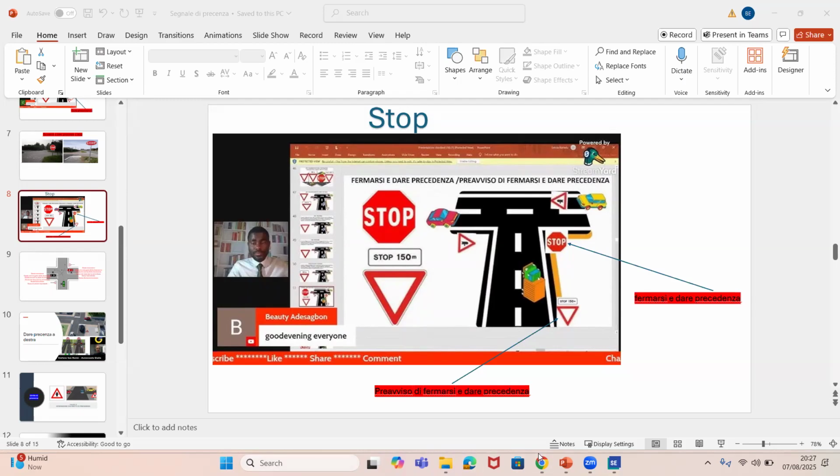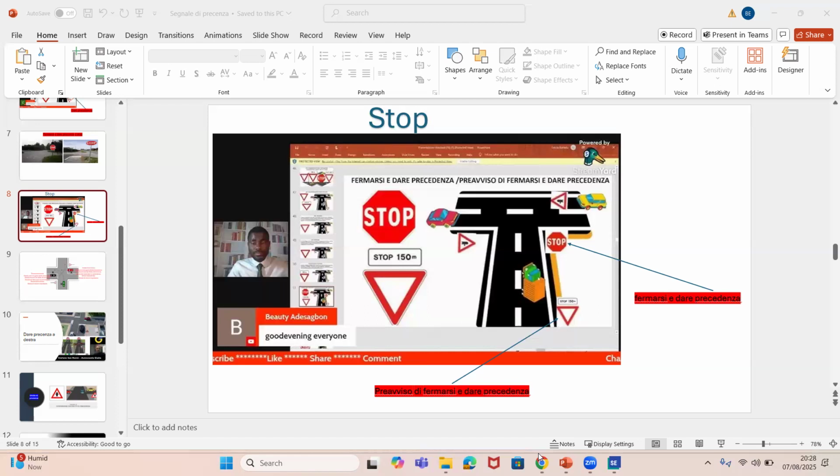I have a funny question. If it's inside the city, you cannot see preavviso. Exactly, you will not see. That's a wonderful observation. If inside the city, you will not see preavviso first. You will just see the STOP. The same thing has validity for many segnali that have a preavviso, the preavviso that you see before you see the other segnale.